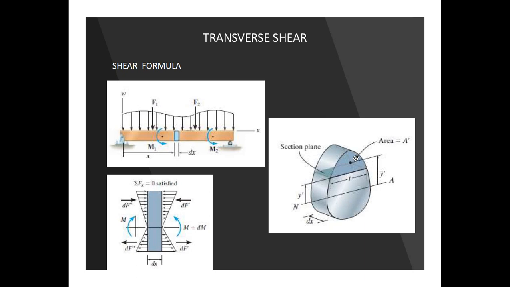Suppose this is the dash area. Whatever the shear stress value is at this particular point on this line across the cross section, the area which is going to contribute to this shear stress will be this area, meaning above this line. Always remember this. Wherever you want to calculate this, if you are calculating shear stress at the neutral axis, you can take either the whole upper area or the whole bottom area. If you are taking any other point, you can take the area of this one. I will show you the derivation, then you will understand.